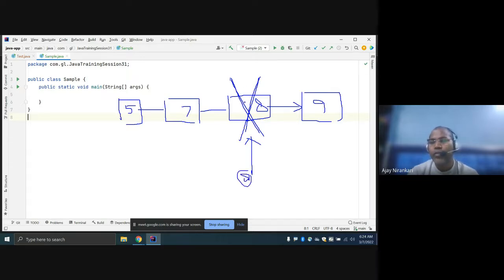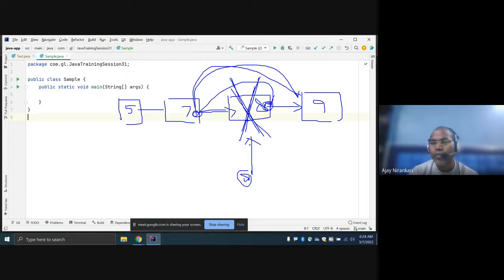When you find this node, then for removing it from this linked list, after 7 you jump to the next. You should jump from 7 to 9. So how is it possible? It is possible because the address of the 9 node is held by your current node, this 8 node. So whatever value is stored in next here, you can just copy from here to here. If you paste this value into the previous node's next, then your code jumps from here to here, and this node is automatically deleted.